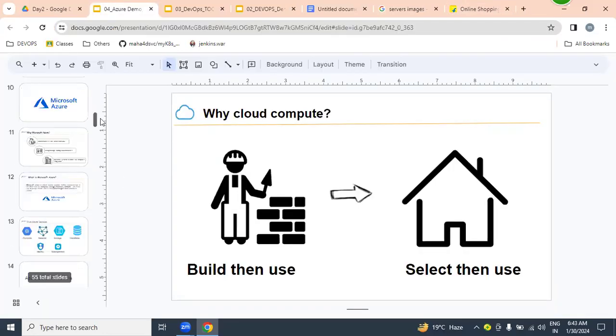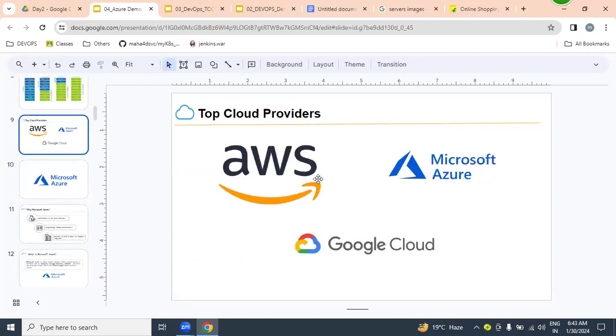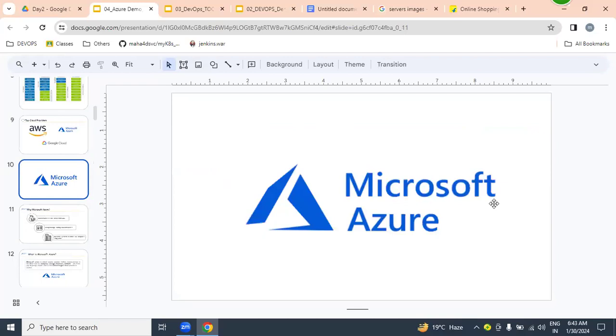Cloud is rental-based, but which clouds are we going to use? There are majorly three cloud providers: the leading ones are AWS, Microsoft Azure, and Google Cloud. But we are going to learn Microsoft Azure. Why Microsoft Azure?